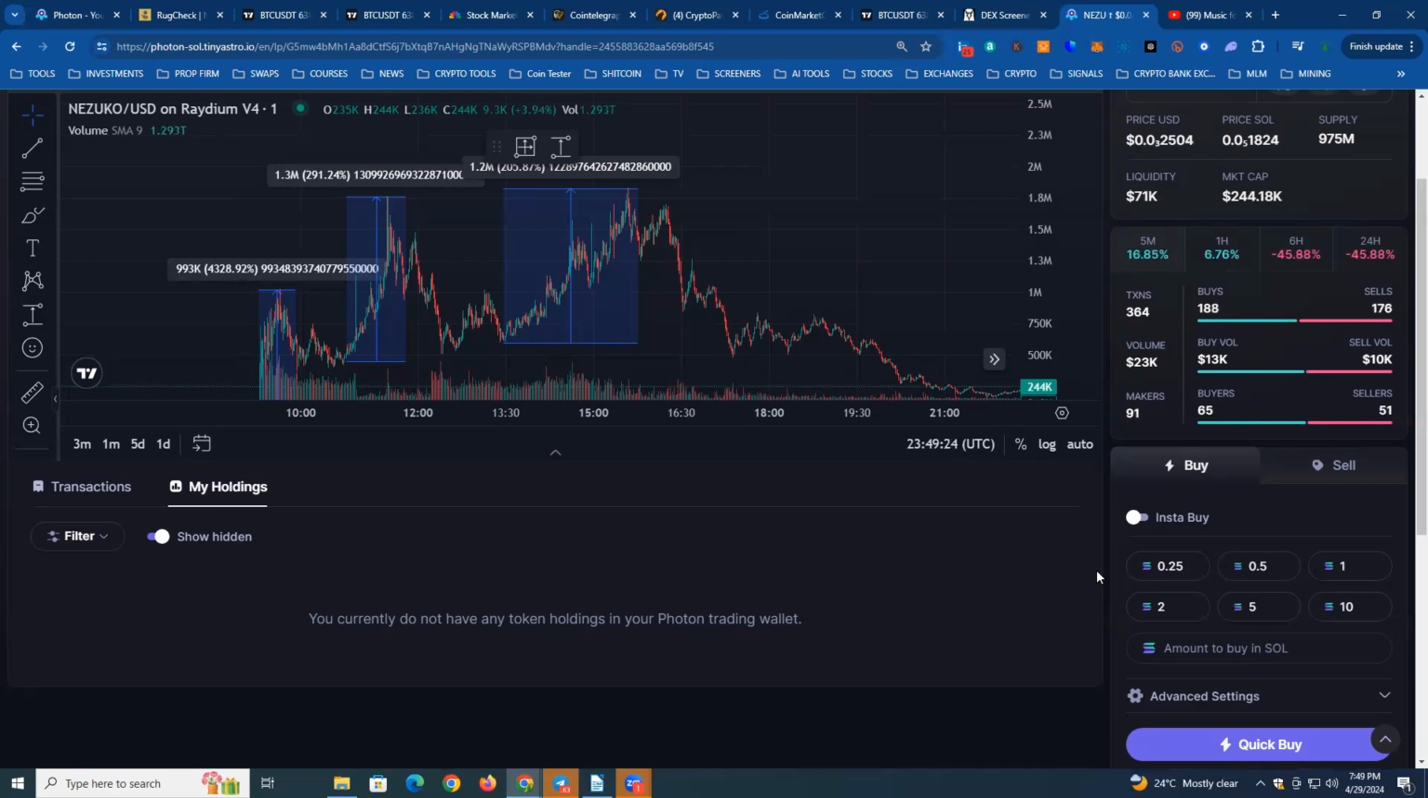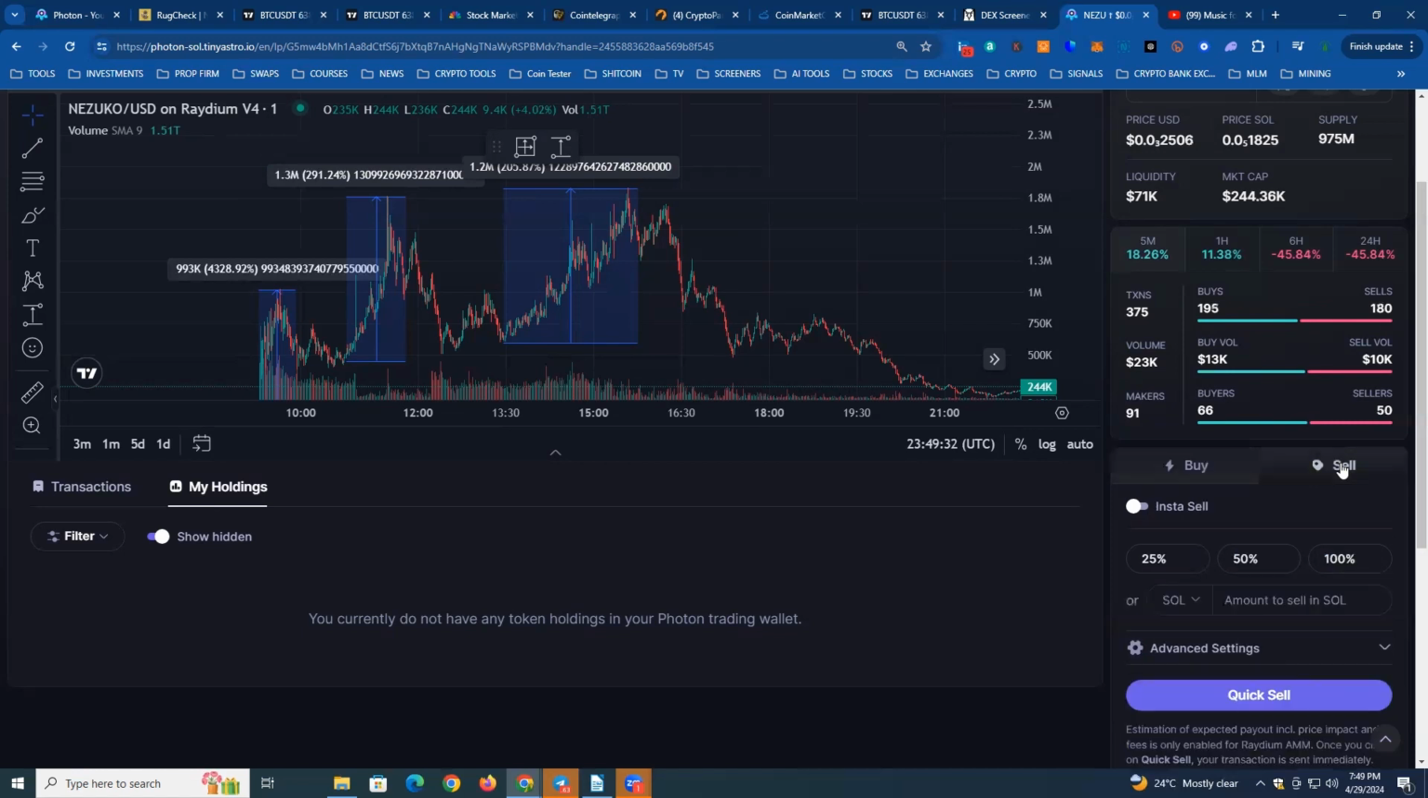Same scenario, if the time comes and you wanted to exit your position, if you go on sell, you notice you can sell off 25% of your position, or 50% of your position, or 100% of your position. This in itself is a beautiful thing, because of the nature of this particular trading, whereby